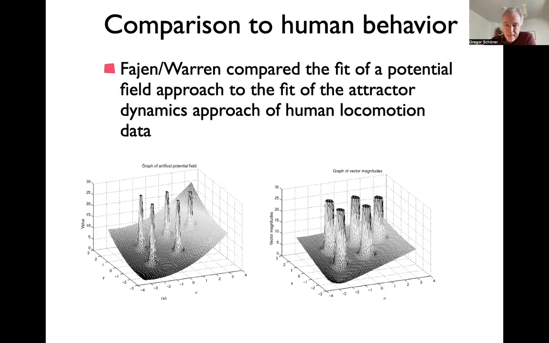That's the folks who compared the dynamical, they used the attractor dynamics approach, they call it dynamical systems approach, to fit the human navigational behavior. And they also compared, in the second part of the paper, some of you might have read that, the potential field approach to the dynamical systems approach. And so that,